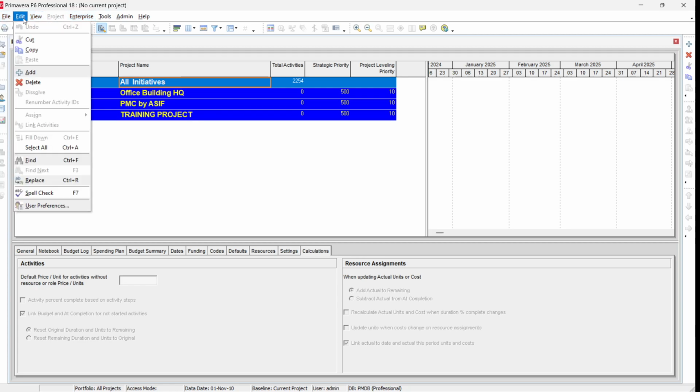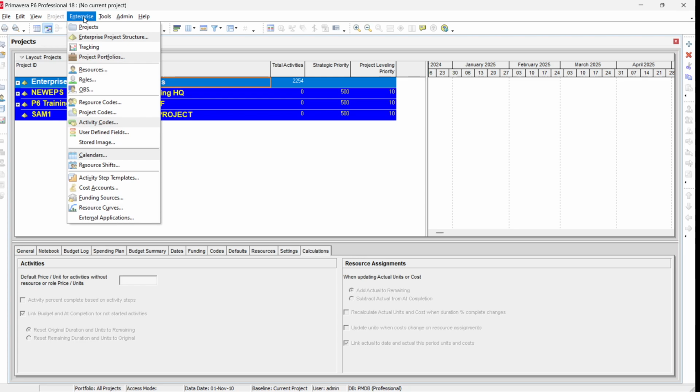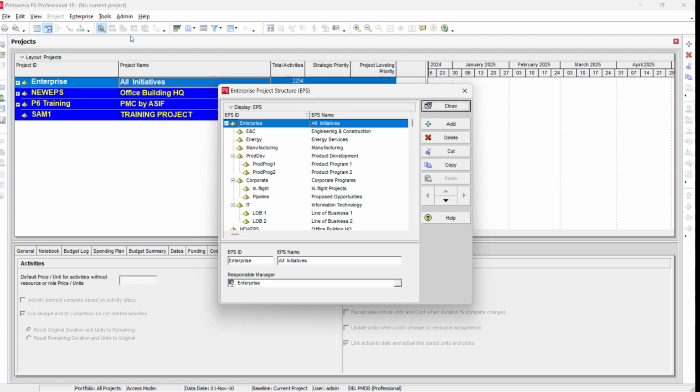File, edit, view, and this Enterprise. If you click this Enterprise, you will find the Enterprise Project Structure option. Once you select this Enterprise Project Structure, the EPS window will open. And in this EPS, you can see that we have